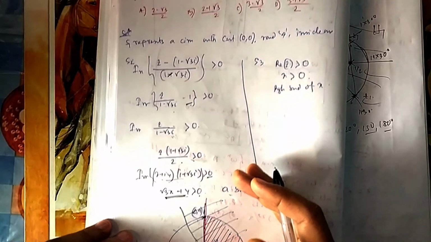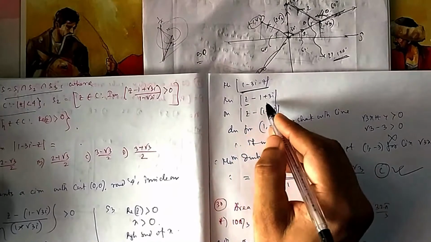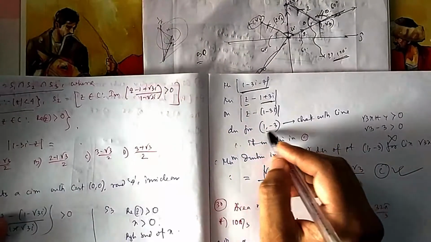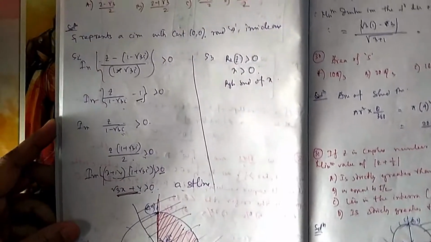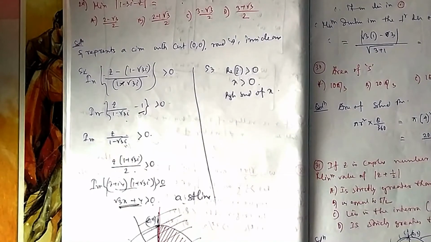Okay. So now what they are asking about is the minimum value of this distance, that is the minimum distance between Z and this point. So that is the distance from 1 comma minus 3. You have to check which side this is of the straight line, either this side or this side. If you put 1 comma minus 3, it is negative, so it is this side. So what is the minimum distance?